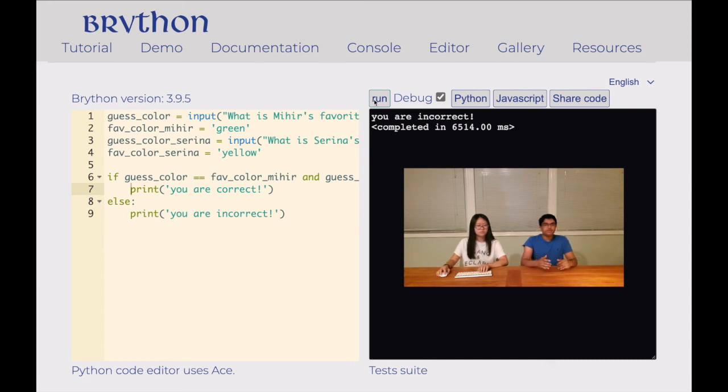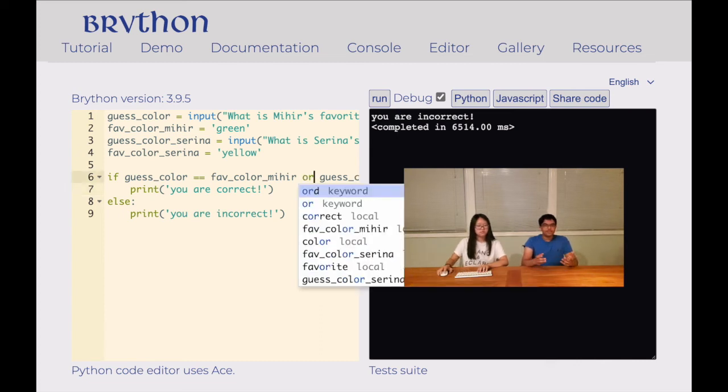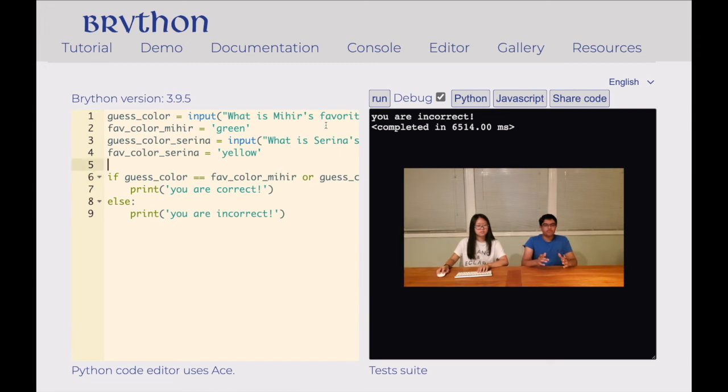How about we want to be a bit more lenient with the person and see if either one of our guesses is correct? Python also has something for this. It's called an OR statement. If we replace the AND statement with an OR, either of these two can be correct and the whole thing will be true. So first, if we check both of them are right, so green and yellow,